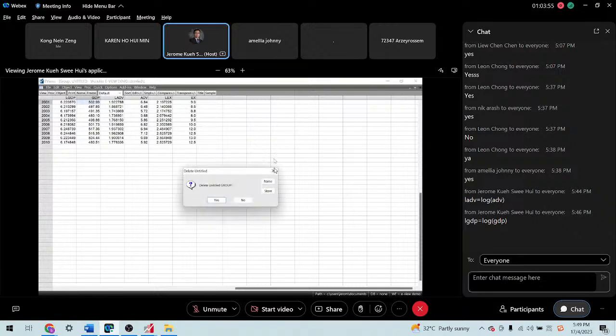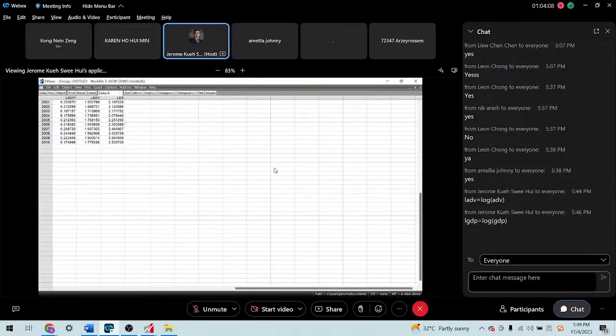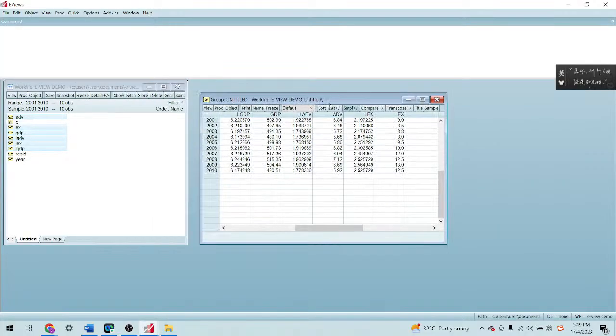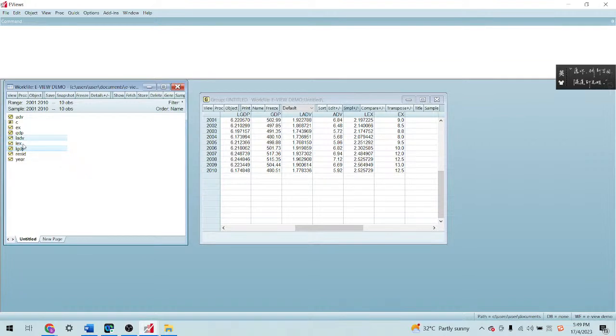Right? So now let's try to rerun the analysis. Now we use the log variables LGDP followed by LADV and LEX. So you open as a group just to double check, make sure that the first column here is your dependent variable and then followed by your independent variables.